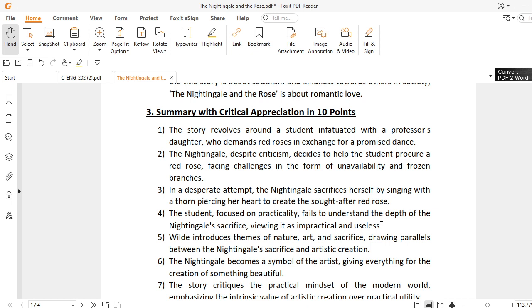Okay, this red rose is no more important for her. Because why is it no more important for her? ठीक है, क्योंकि उसको ज्वेल मिल जाते हैं, उसको ज्वेलरी हीरे जवाहरात मिल जाते हैं। ठीक है, अब उस लड़की की अगर बात करें, ठीक है, उसके हवाले से तो हम देखते हैं तो उसको जो ज़्यादा चीज़ पसंद है